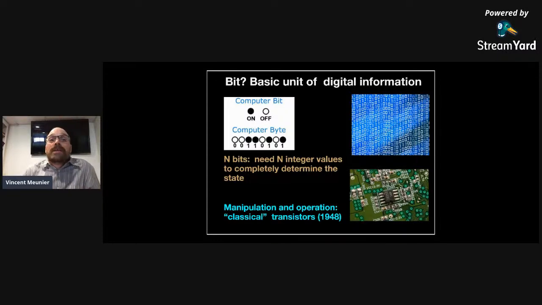The manipulation and operation of those were actually enabled by the transistor that was developed in 1948 in Bell Labs. There, it was basically applying semiconductor properties and diodes and that kind of thing, and transistors. And you can actually address those properties, and this is nice. Now, this is classical, kind of, right? It's definitely classical. But I say kind of because, of course, the transistor uses quantum mechanical properties. But the point is that,